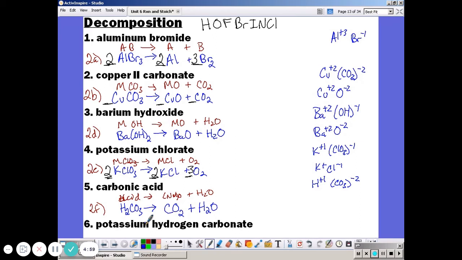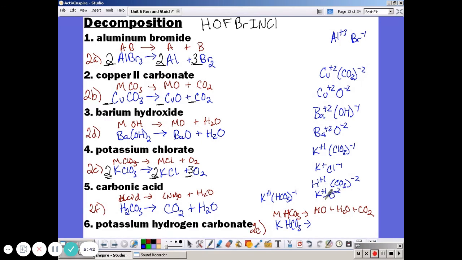Number 6, potassium is K plus 1. Hydrogen carbonate is HCO3 minus 1. It's a polyatomic. So we have KHCO3. So looking at my decomposition, I'm following the metallic hydrogen carbonate, or 2C. So MHCO3 would decompose into MO plus H2O plus CO2. Well, my metal is potassium, and oxygen has a charge of -2, so I'd cross my charges and get K2O